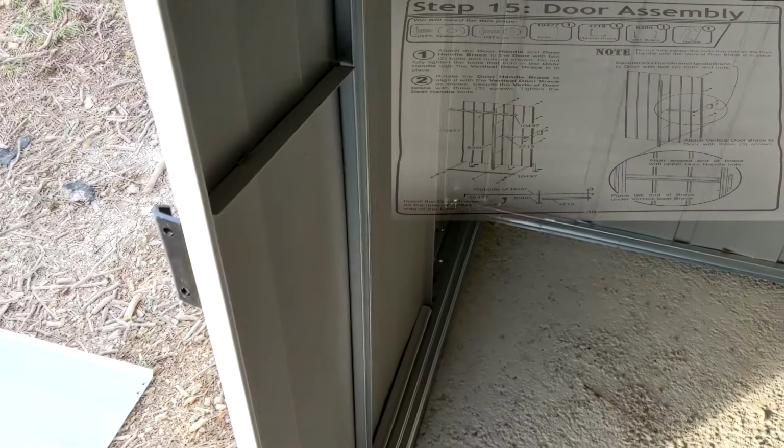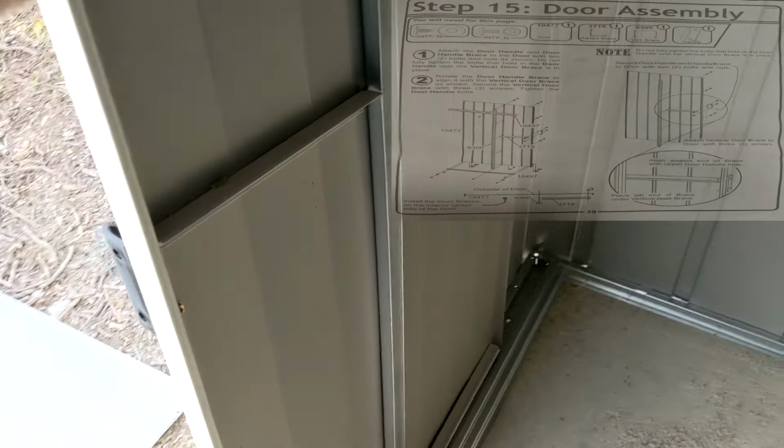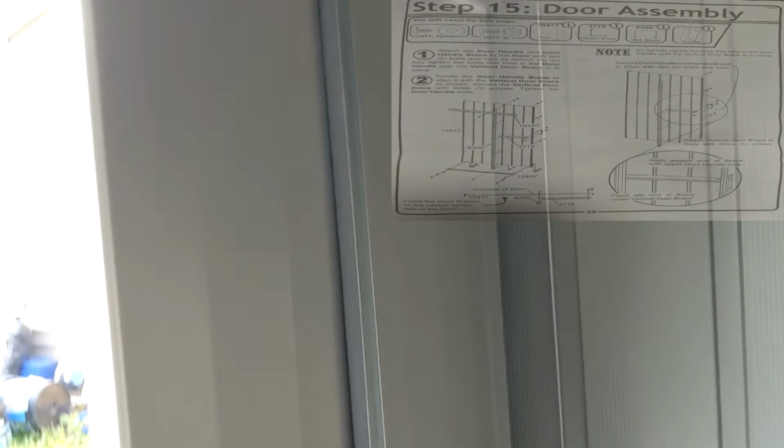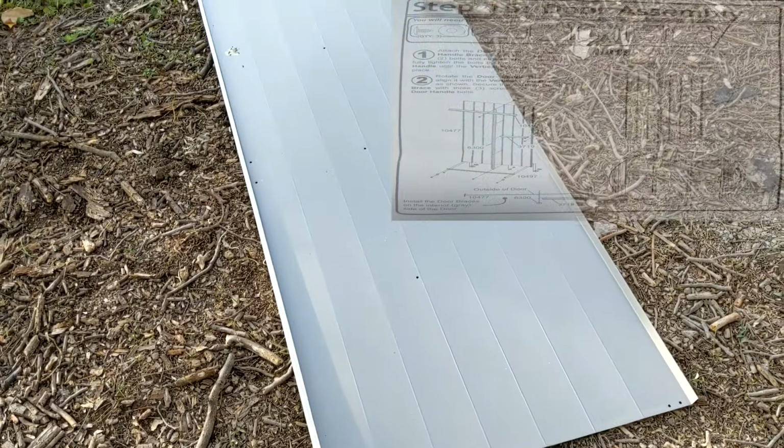But as you can see, like I said, this is all loosely fitted. I don't even have most of the bolts tightened, and the door is already working. There's no spots where it hangs up or anything, so that's definitely a good sign. But yeah, I'm going to go ahead and get the parts on this one. I'm going to show you what it looks like once everything's on there